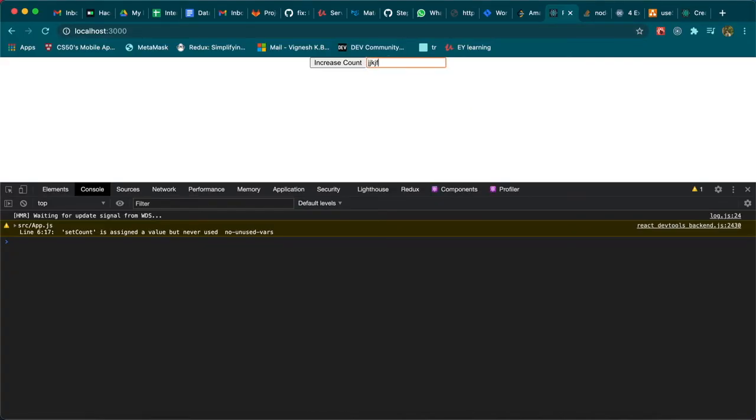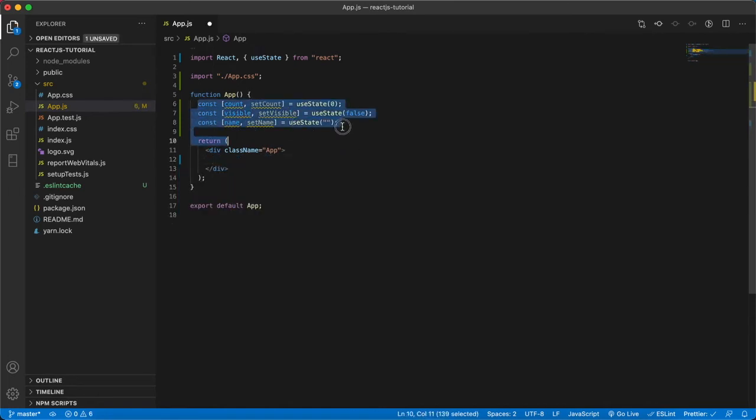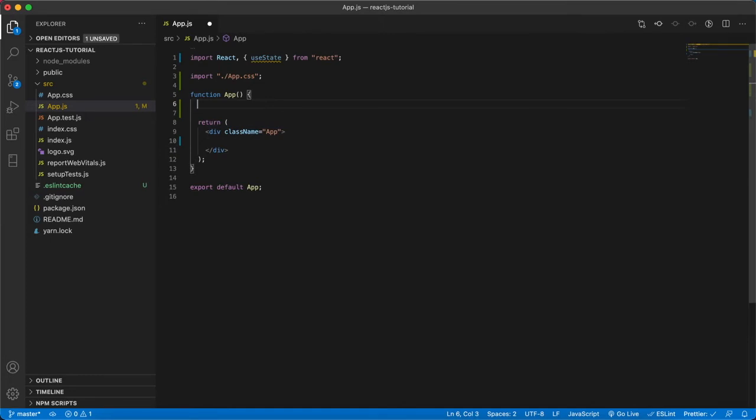Yeah, so now if you see, when I type, it automatically accepts the change and it is added to the text box as well. So this is basically how the React components you use work behind the scenes, but it is not visible from the library point of view. The implementation details are hidden. Now I removed the old code, and I'm just going to start with the next type, that is array.